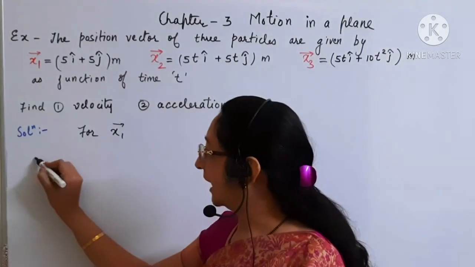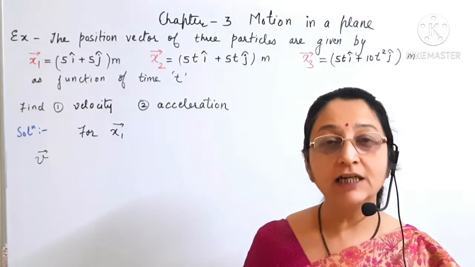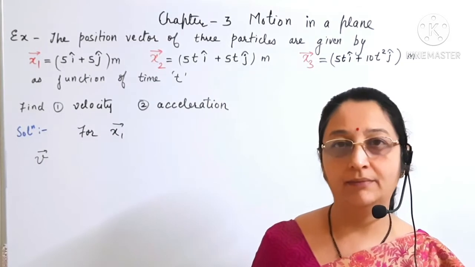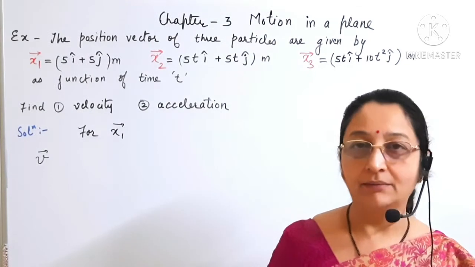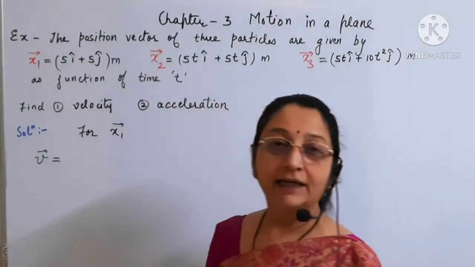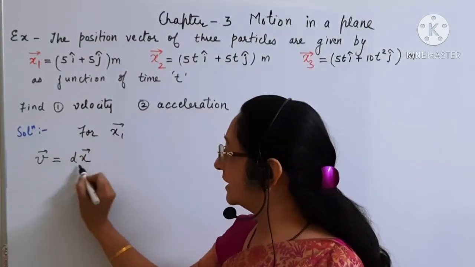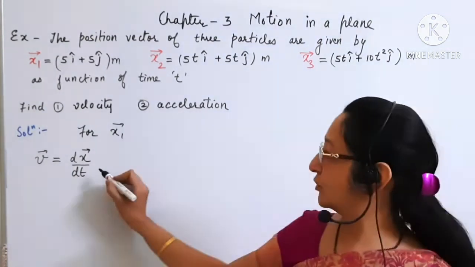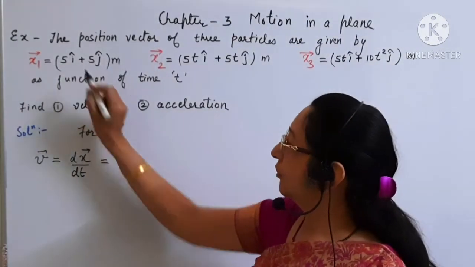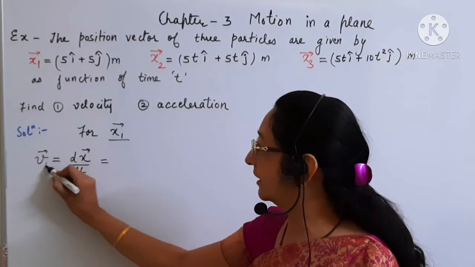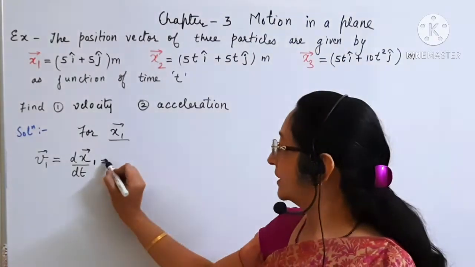So, we know that velocity is v, and according to the definition of velocity, it is the change in position per unit time. Velocity depends upon time. The displacement per unit time is the velocity. So velocity is dx by dt, the change in position per unit time. Now this x we have here. For x1 we are discussing, so we write here v1 and we write here x1. So dx1 by dt is equal to